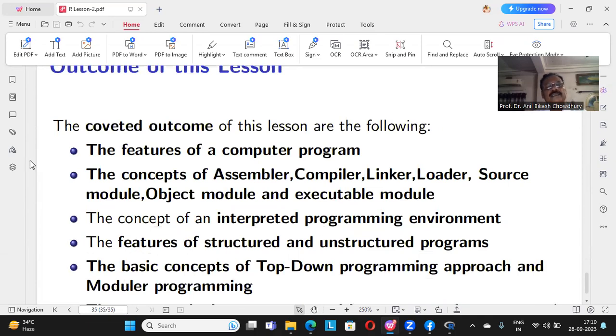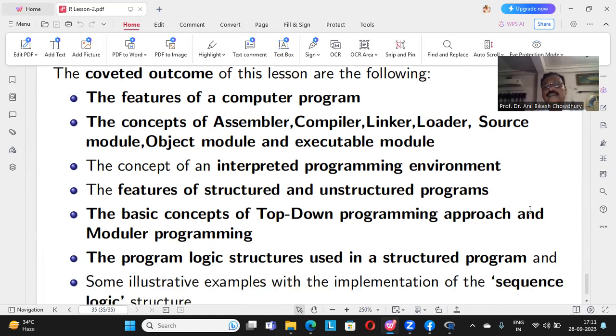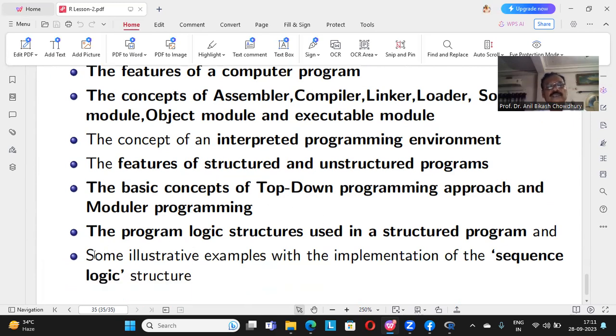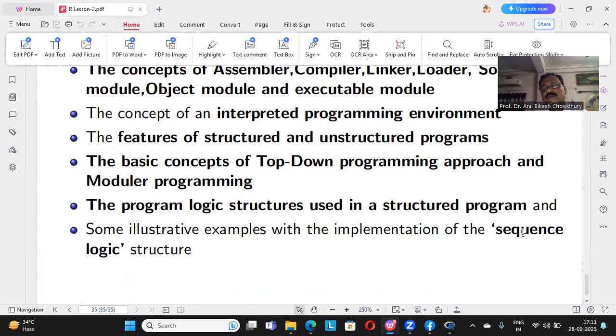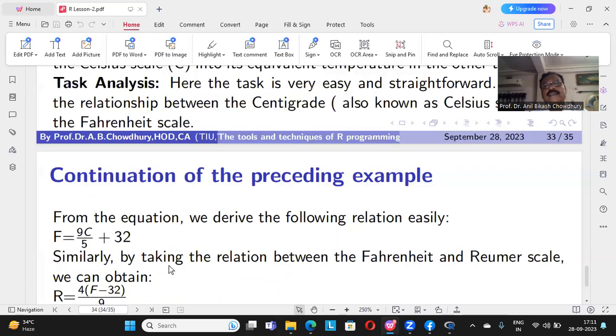So the committed outcomes of this lesson are the following: the features of a programming language, the concepts of assembler, compiler, linker, loader, source module, object module, and executable module, the concept of an interpreted programming environment, the features of structured and unstructured programs, the basic concepts of top-down programming approach and modular programming, the program logic structures used in a structured program, and some illustrative examples with the implementation of the sequence logic structure. This completes my second lecture on R